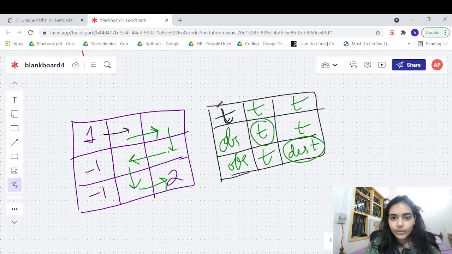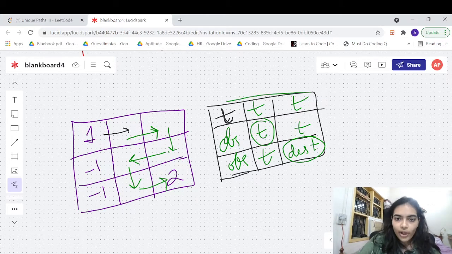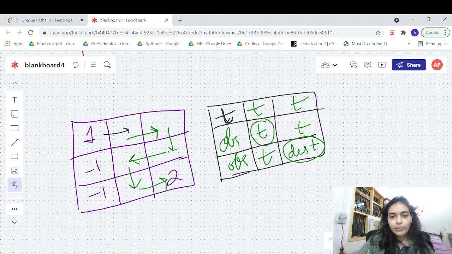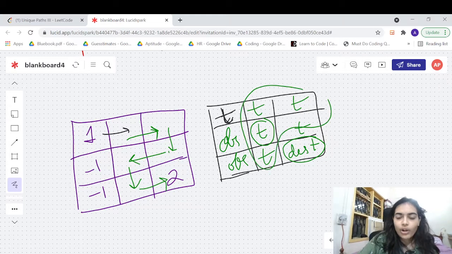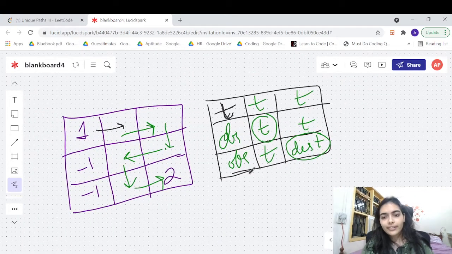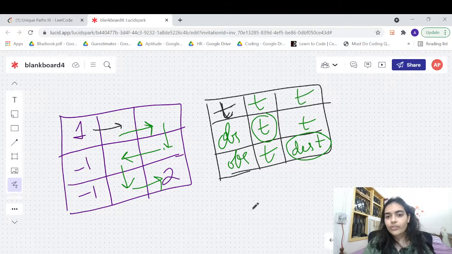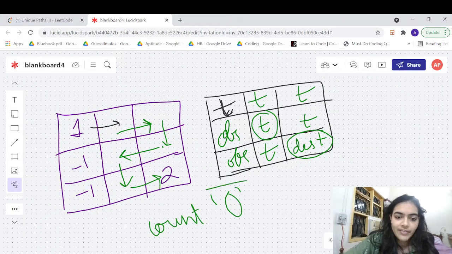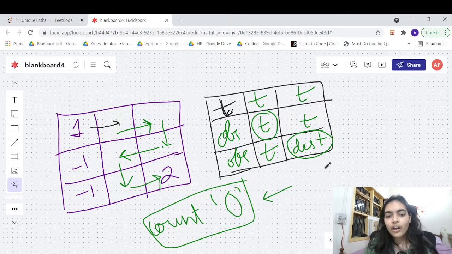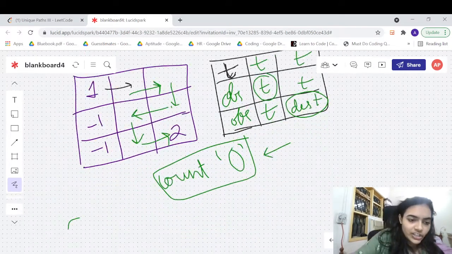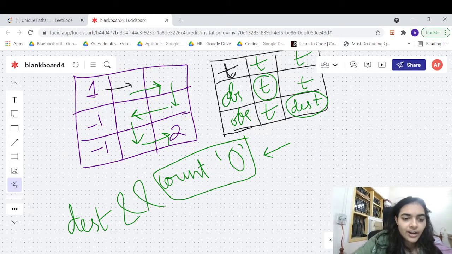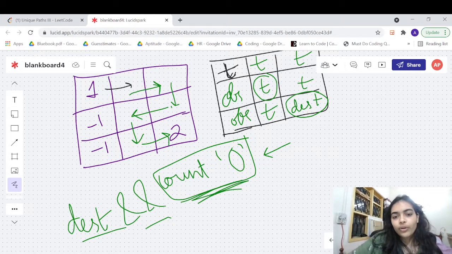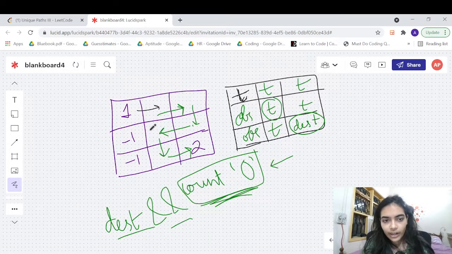And in this case, you know that you have visited all the cells, because all the cells that were empty, all those have been visited. How do you know that all the cells have been visited? In this case, you have found the answer. So you can keep a count of all the cells that have the value 0. When you are going along the path, you keep a count of 0. The count of 0 is the count that is expected, right?